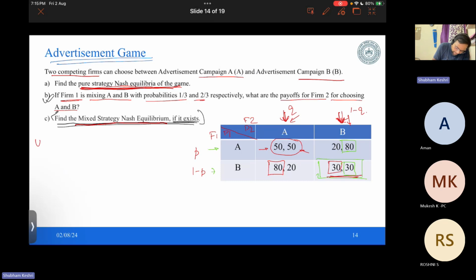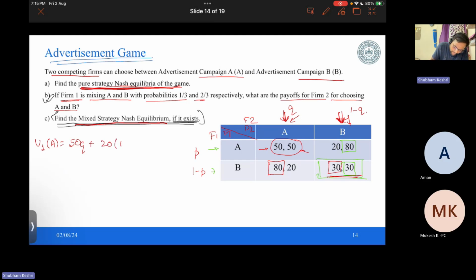So utility of player 1 when he is playing A will be 50 times Q plus 20 times 1 minus Q. Utility of player 1 when he is playing B is